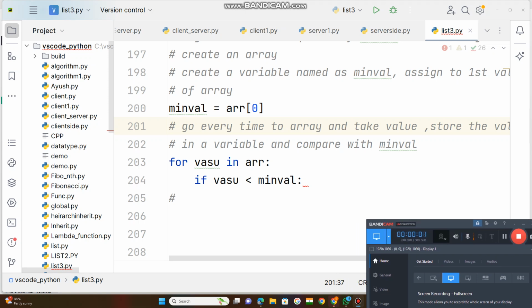It goes and takes a value and stores it in this variable. Now the value stored in this variable is compared with the min value, whatever the value stored in this variable. Now next word, next syntax, algorithm instruction: if value,